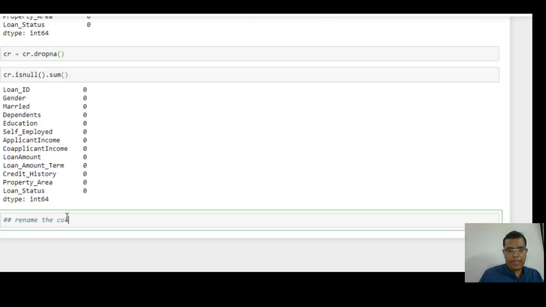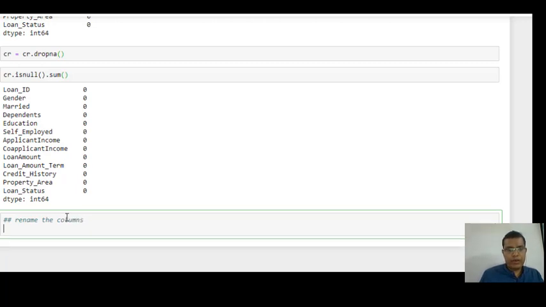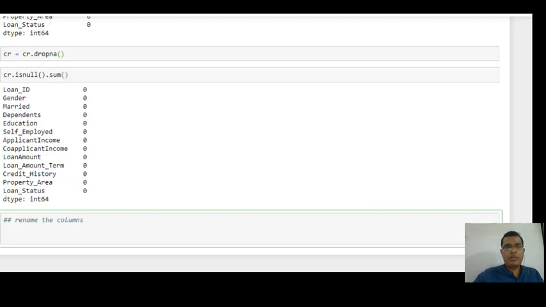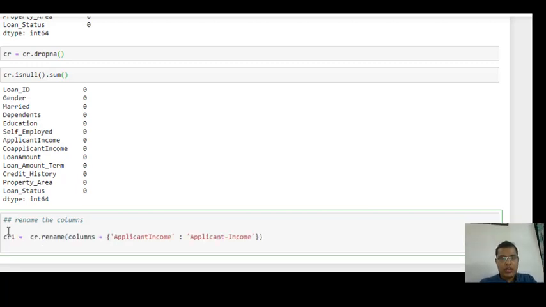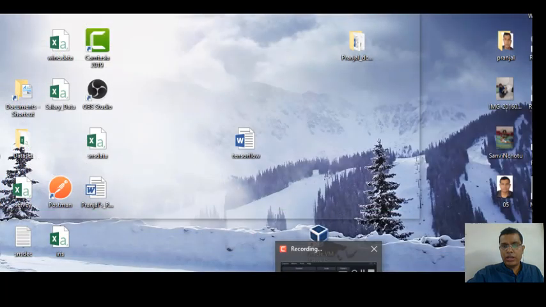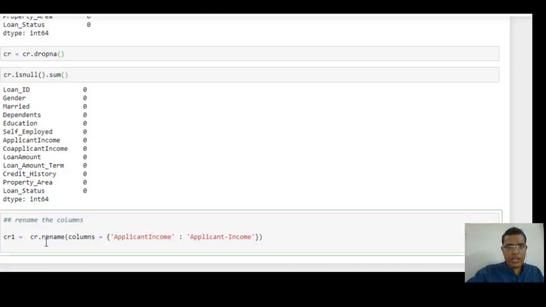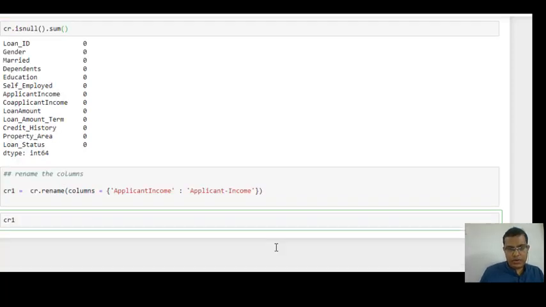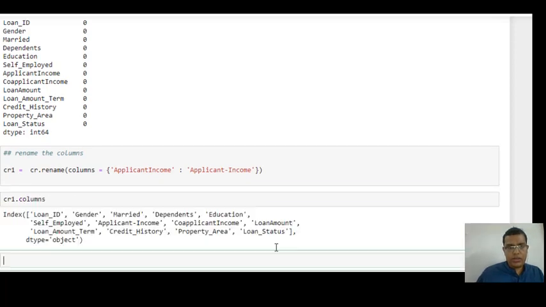Renaming the columns. How do I rename the column? For renaming the columns, I'll use the rename function. So cr.rename: here applicant name is the name of the original column which previously existed, and applicant income is the name of the column which I want to create. So I am saying cr1 = cr.rename(columns={applicant name: applicant income}). Can you see a difference? Here I am passing a colon. So my new data frame is created,